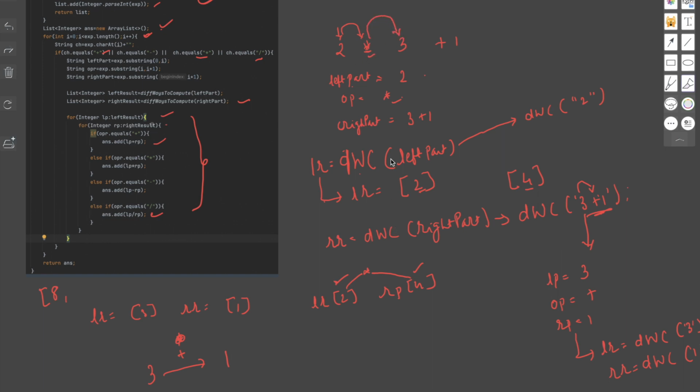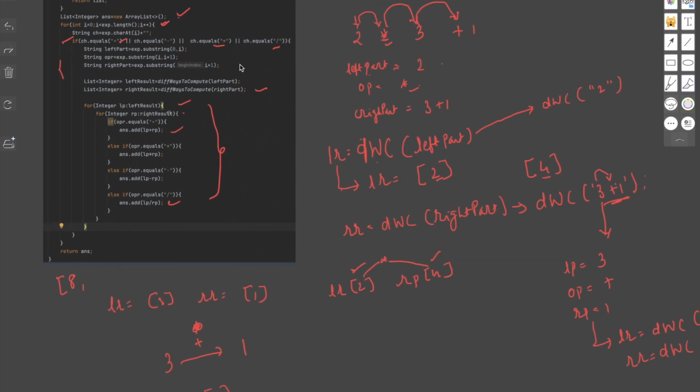Fine. We have moved to the next character and it is 3, so it is a constant, so it will not come into this if. So we will be moving to the next character, that is plus. So plus is also an operator, so we are going to come inside this if. Okay, so what we are going to do,